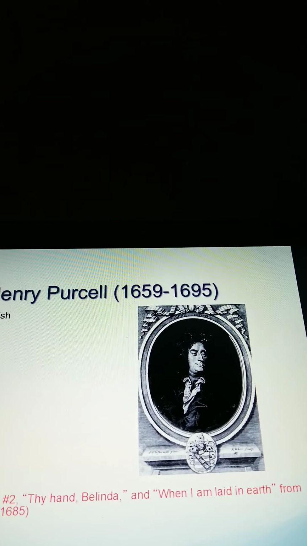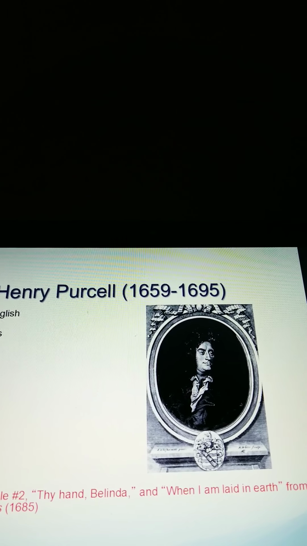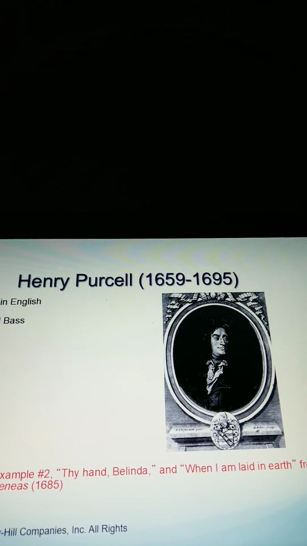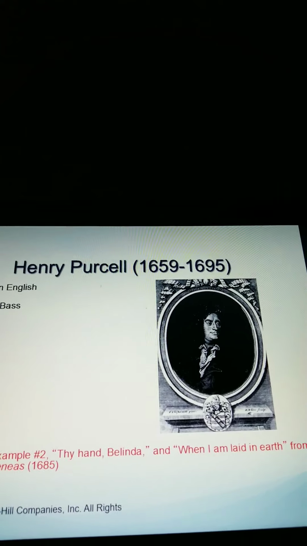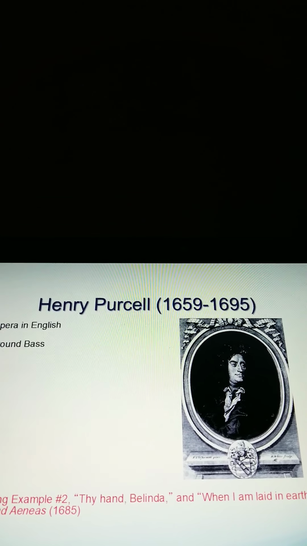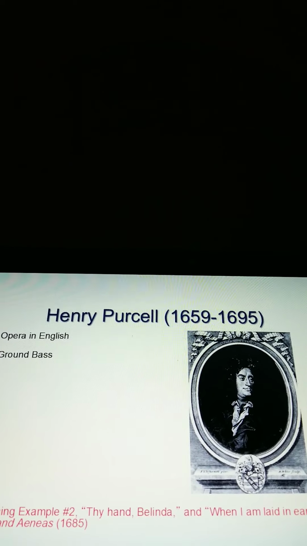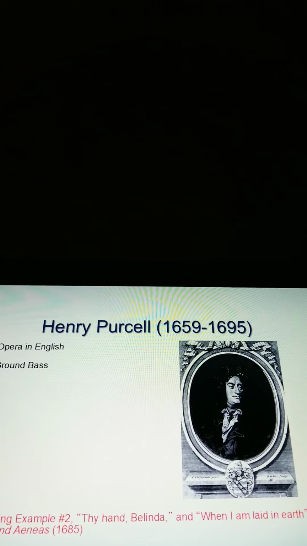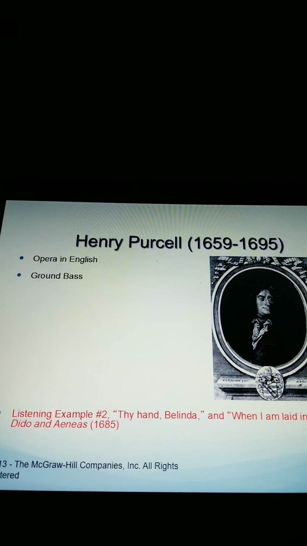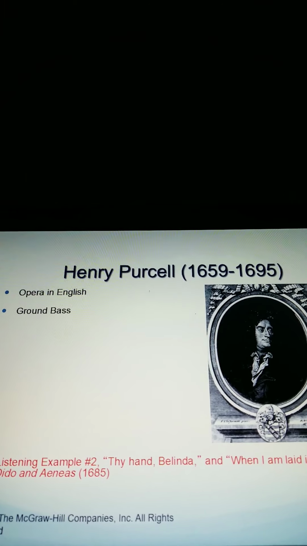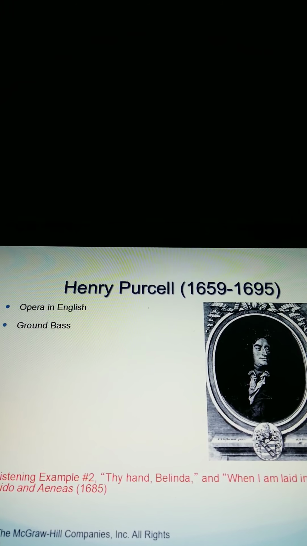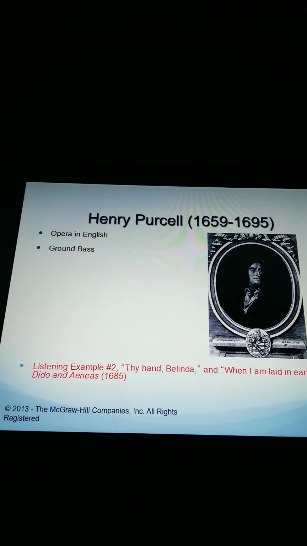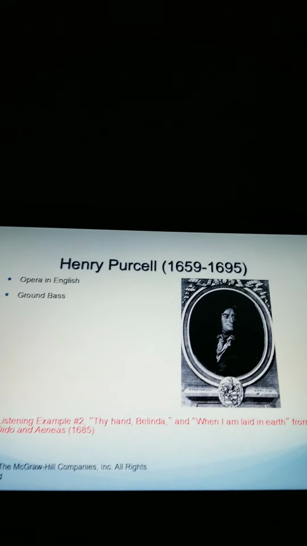This opera tells the story of Prince Aeneas during the Trojan Wars, and he's forced to basically crash land his ship at a city called Carthage, and there he meets Queen Dido, and he falls deeply in love. And they both fall deeply in love. But Aeneas is forced to leave Carthage, and Queen Dido declares that she can't live without him. She's talking to her servant and friend Belinda, and basically just saying, Belinda, even though you're here for me, you really can't comfort me.